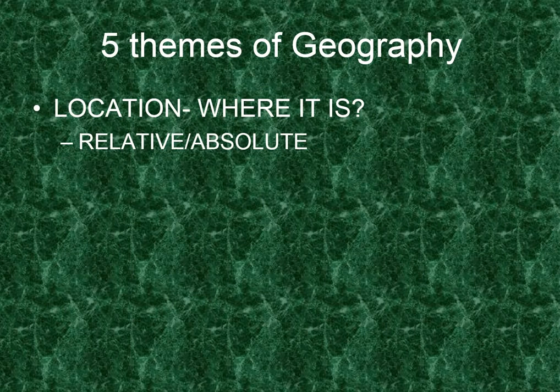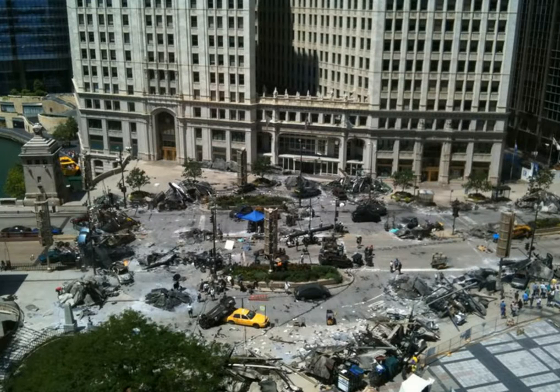I told you a minute ago that there are 5 themes of geography. The first one, location, is a theme of geography. And the question you have to answer is, where is it? There are 2 types of location, relative and absolute. And we'll get into that next. On this particular picture, you can kind of use a relative location. You could say that this yellow car right here